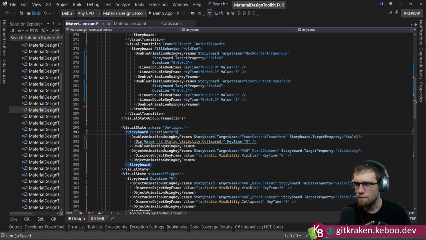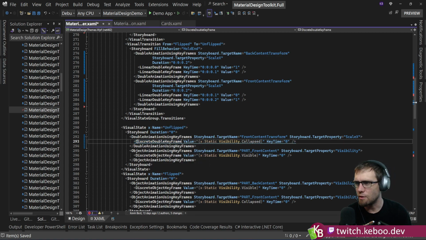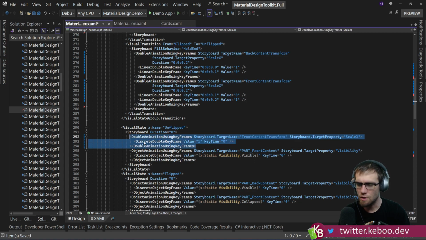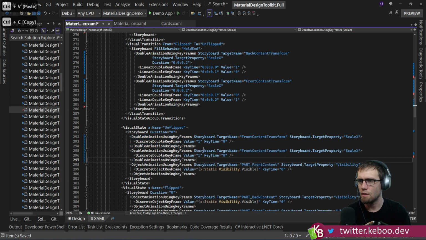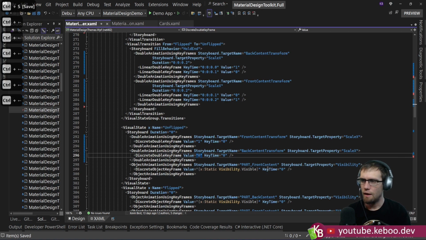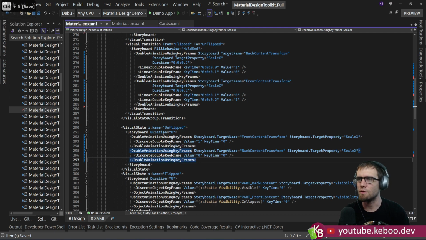Double animation keyframe. Create a double keyframe, and you become a value of, we're going to unflip, so you become 1. Copy and paste you down here, and then the back one goes to 0. And for those people who are interested in what is the difference between the visual state and the visual state transition,